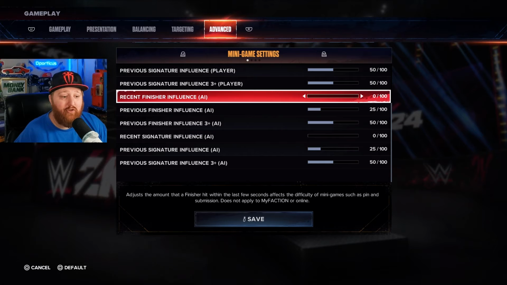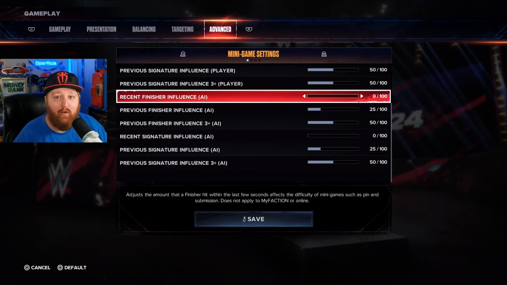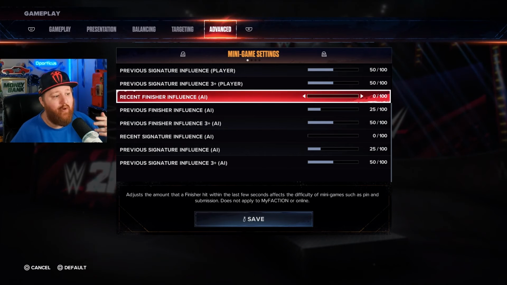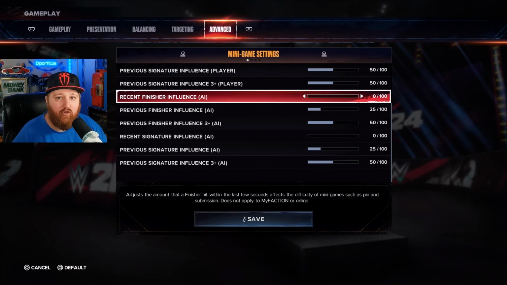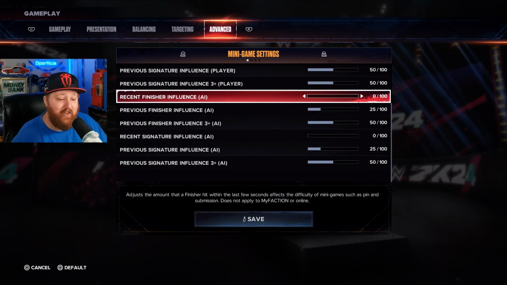So this is what I'll usually have it at if I'm doing a PLE in my universe mode, where with my matches, I don't want it to be just one finisher and it ends. These are the ones that are finishing my storylines, and I want this to be a little bit more dramatic. So I'll make it so that the first finisher isn't going to do a ton, but as the match goes on, I want it so that you're going to get those opportunities to get a 9-minute match, a 10-minute match,